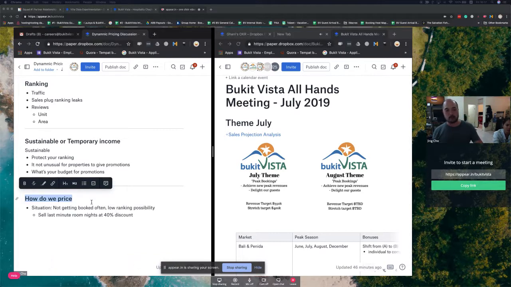Sir, is this in general or is this for Airbnb only? This works in general on every platform. The reason why platforms spend a shitload of money getting traffic to their site. They have to decide which products need to be positioned in front of which customers in order to sell. If the customer comes to the platform and doesn't buy, then the platform just wasted $6 on you. Okay? So the platform needs to have sales. In order for the platform to promote you, they need to see that you sell. And if you don't sell, you go all the way to the end of the line after everyone else gets a sale,